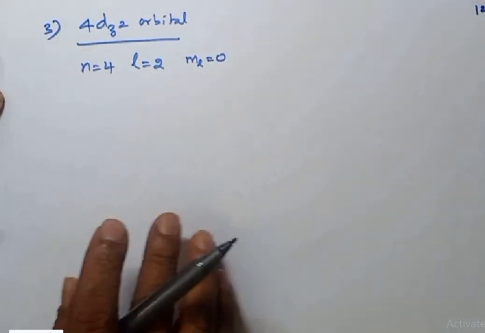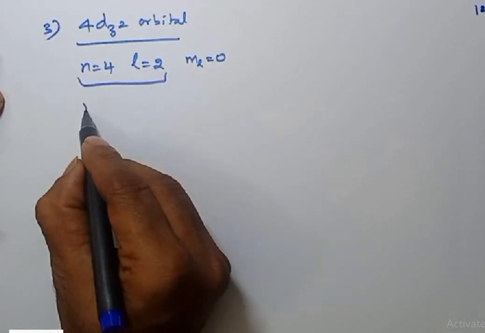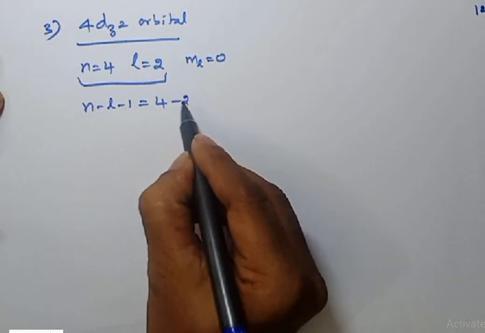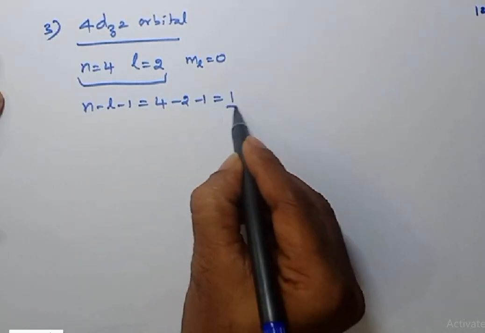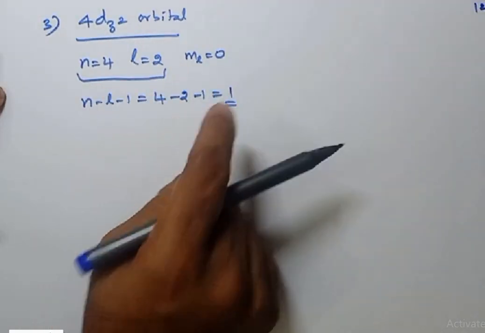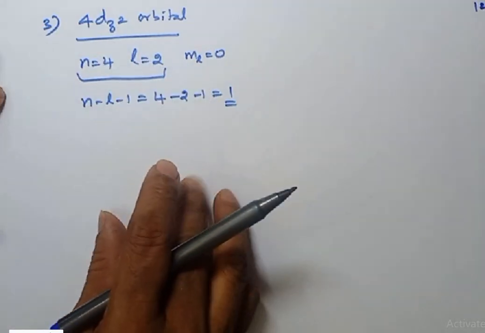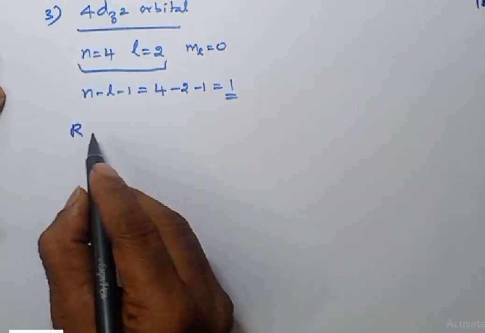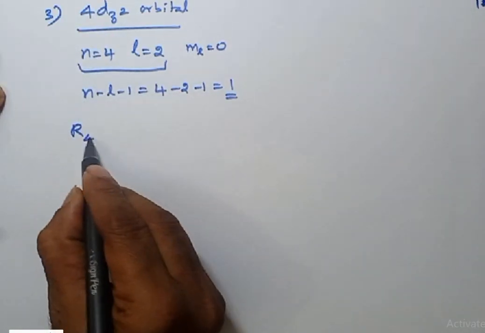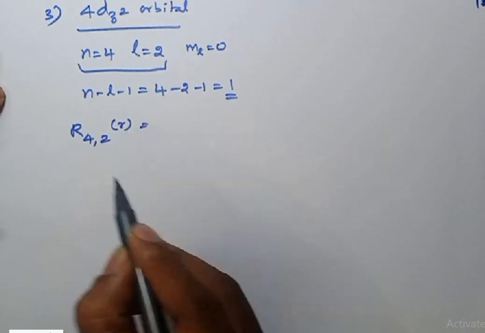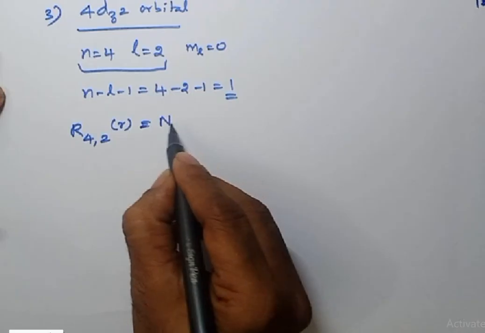Now listen, how to write the radial part? So first I'll find out n minus L minus 1 value. So n value is 4, L value is 2, minus 1. I'm getting n minus L minus 1 is 1. So polynomial should have degree 1. That means it should contain one r term and a constant value. So radial part of the wave function for this, that is n value 4, L value 2, which varies with the small r, is given as some normalization constant,